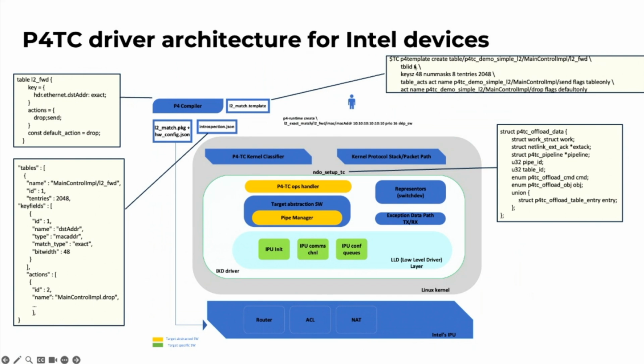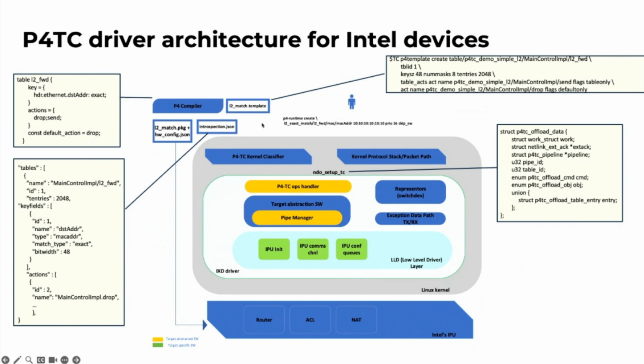So what it says is P4 template is a keyword. It is navigating to your specific table. It has a table ID 1 and MAC address 48 bits and specific actions. So we take this information. So step number three was to load the template, right? So once you load the template, everything is ready to go.